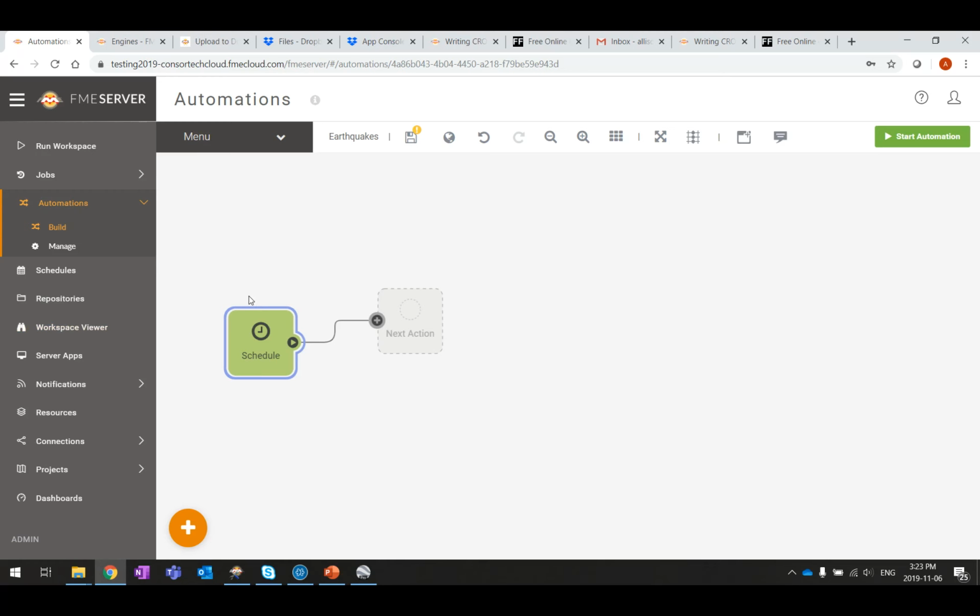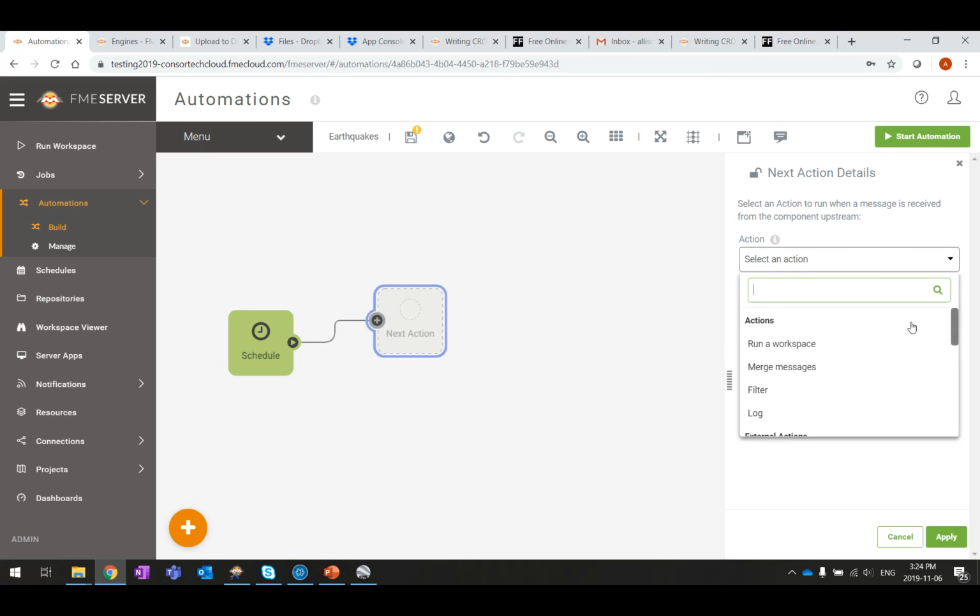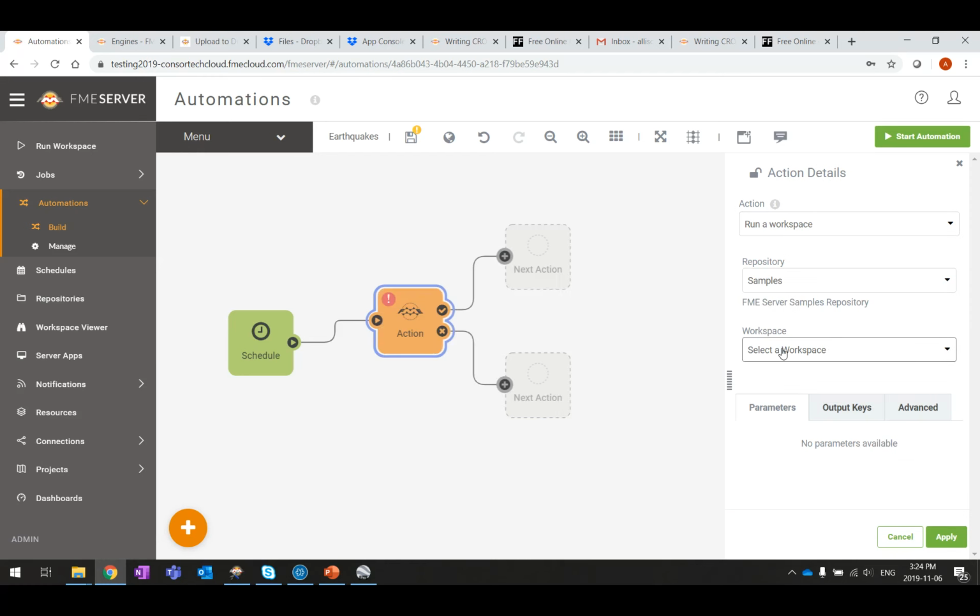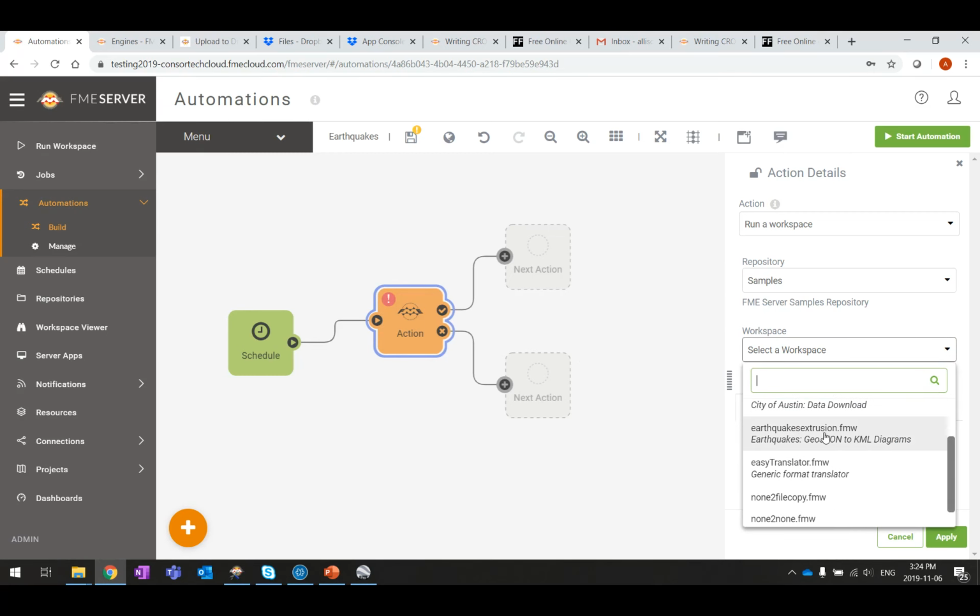Now this is converted to a schedule. But in order to get the second half, we have to set up the next action. So one of the things you'll notice with the old schedules is that you can only run one workspace for one schedule. But here we could have multiple paths and run multiple workspaces on one schedule. But we're just going to select our workspace, earthquakes extrusion,